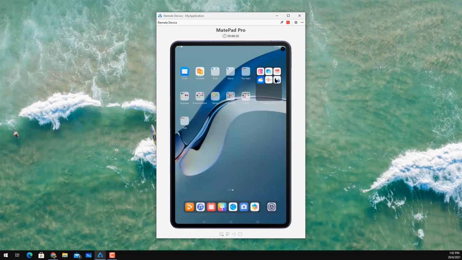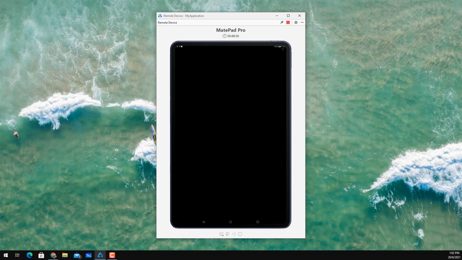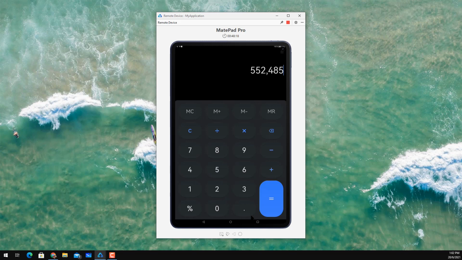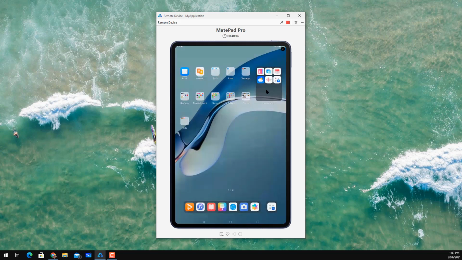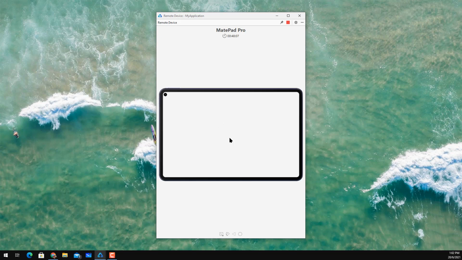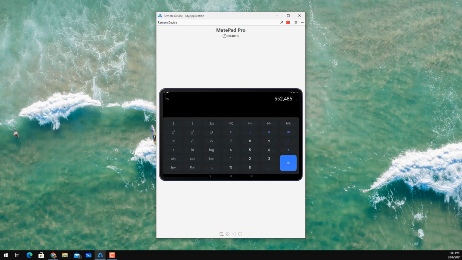So let's see calculator. Okay, so nice looking calculator here, functioning calculator. You can change between scientific and standard calculator. Oh, so this is basically how the scientific calculator looks. The view basically changed to